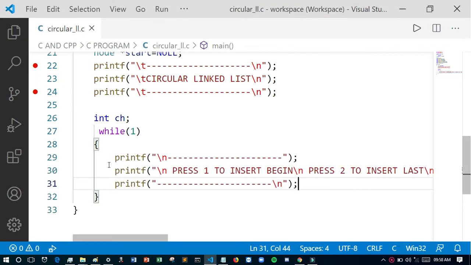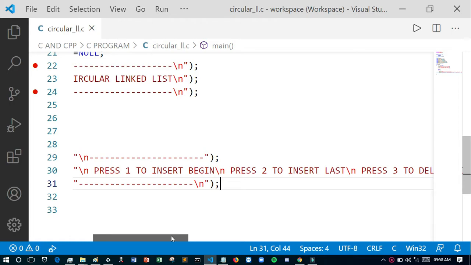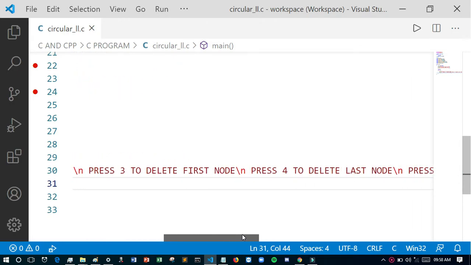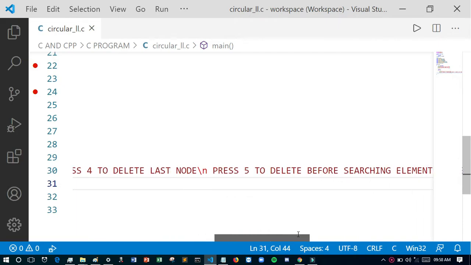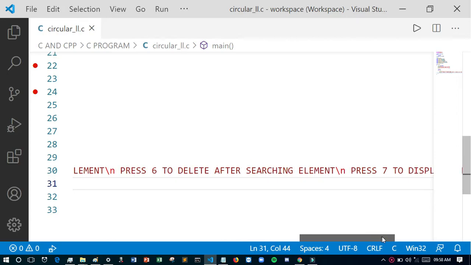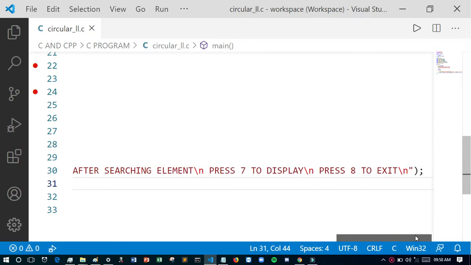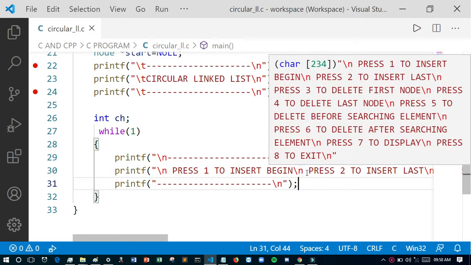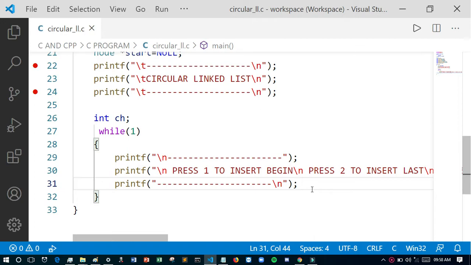I have written a printf function which shows a message: press 1 to insert begin, press 2 for insert last, press 3 for delete first, press 4 for delete last, press 5 to delete before searching element, press 6 to delete after searching element, press 7 to display, press 8 to exit.